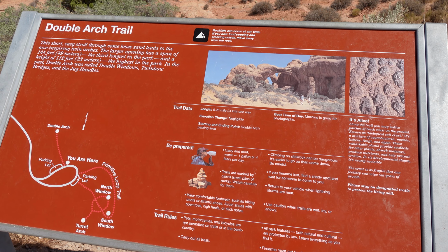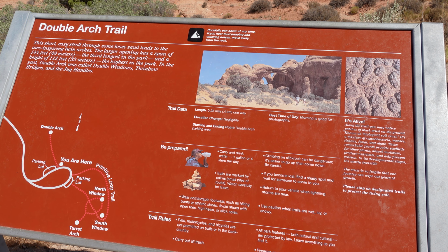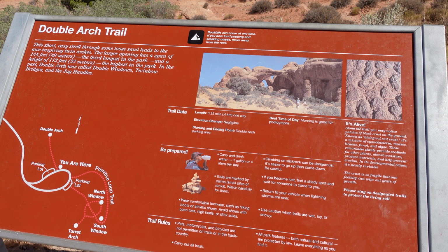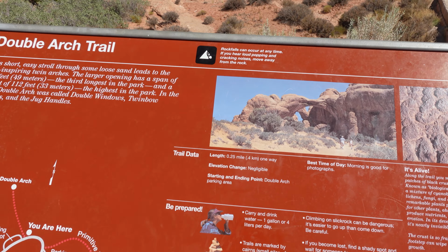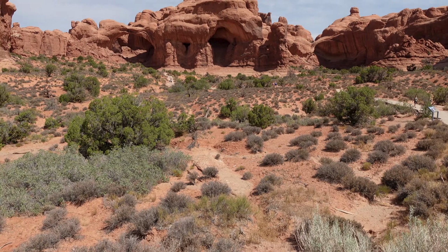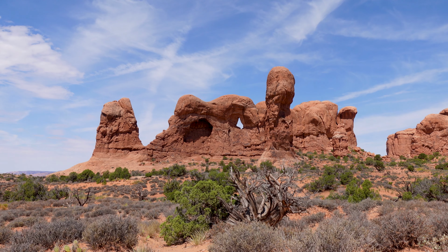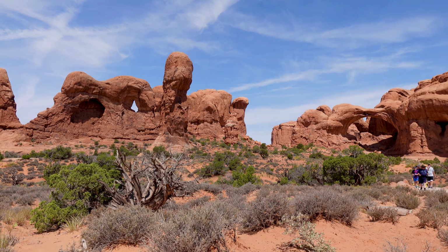And here we go. This double arch trail, they recommend morning is a good time for photographs. We're here in late morning. But there's only a quarter-mile trail to get up there, so half-mile total. We got this, and that arch looks amazing. Love the shape. And there's another arch over there. I didn't catch the name of that one, if it has one. I'm sure it does. But clearly the main feature is this